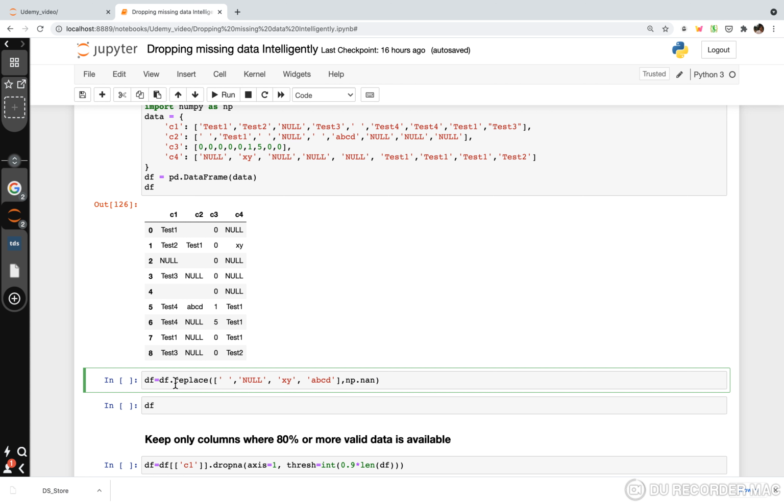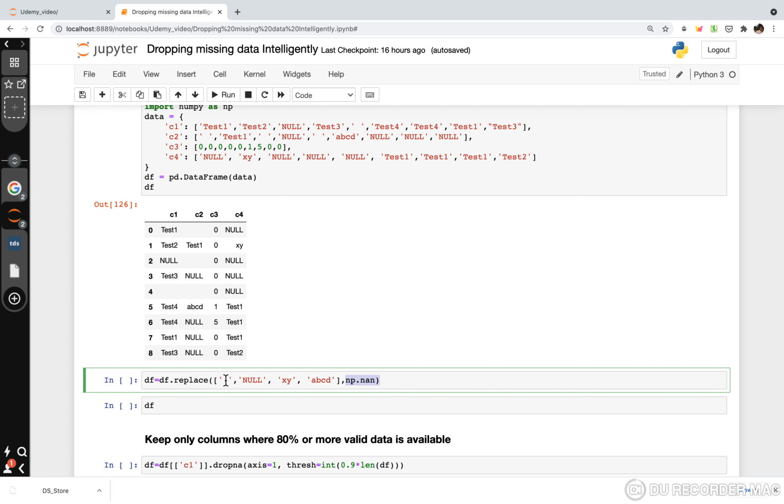This replace will work on the entire data set. It's a data frame method. It will replace any blank values, any nulls, text written as nulls, X, Y, or A, B, C, D, and convert them into NaN.